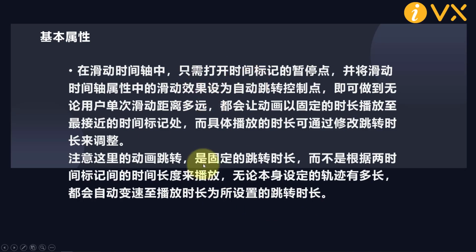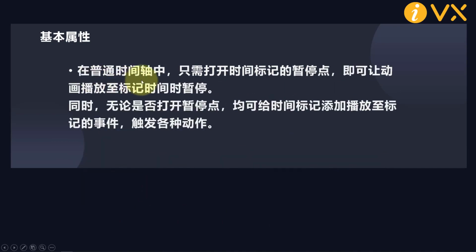Then, we have demonstrated the following point for you before, that is, the animation jump here is a fixed mark, rather than playing according to the length of time between 2 marks. Therefore, no matter how long the track of our own design is, it will automatically change speed, and only play the set jump mark. Do you remember the clock we made before? That is, we set 1 o'clock, 3 o'clock and 6 o'clock. Since we set a uniform interval, we will obviously find that the speed of it is slightly slower from